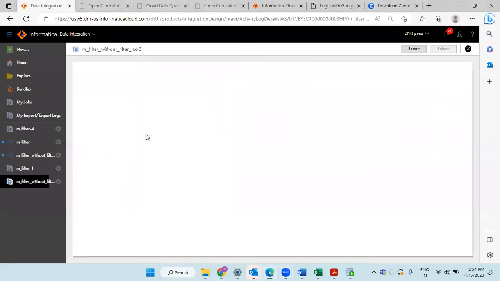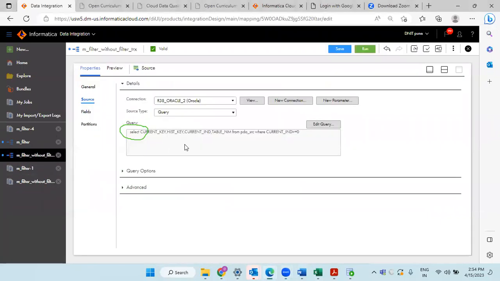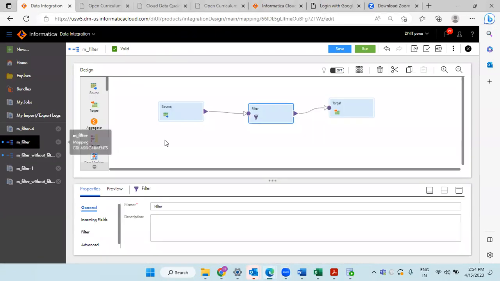So we can filter without transformation. You can see that only 35 seconds are required. So from this we can easily compare: if you run the particular mapping by converting it to a query instead of using the table, we can get a better ETL load time, as compared with having the transformation and